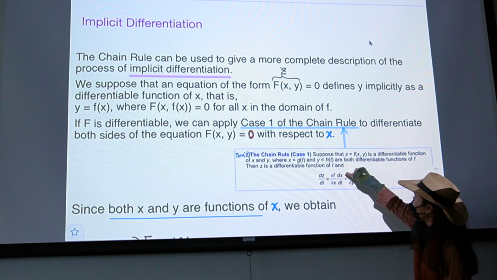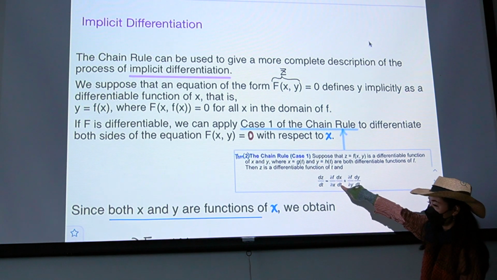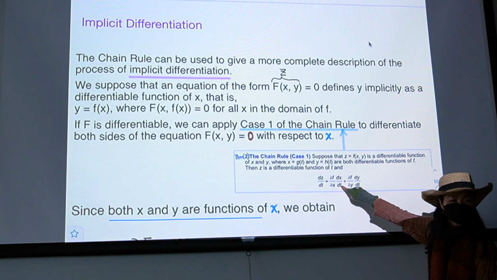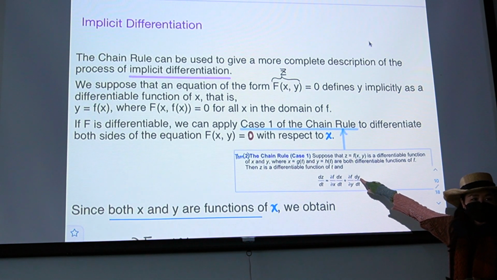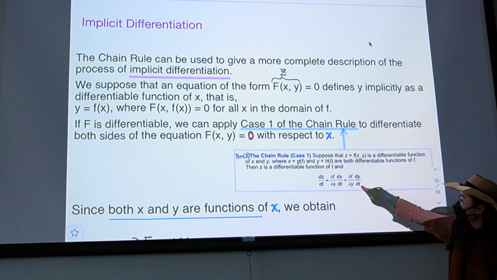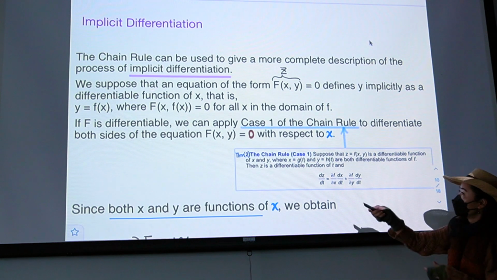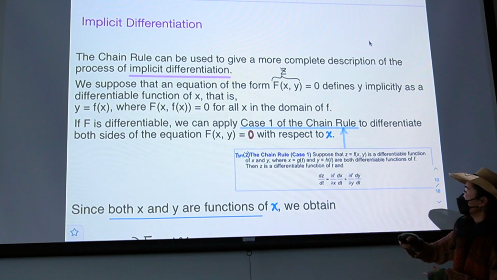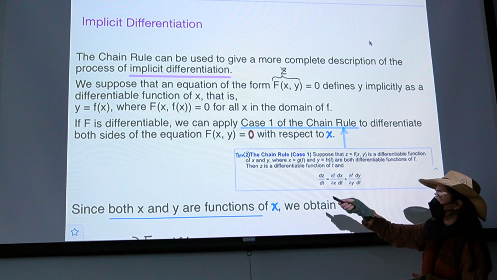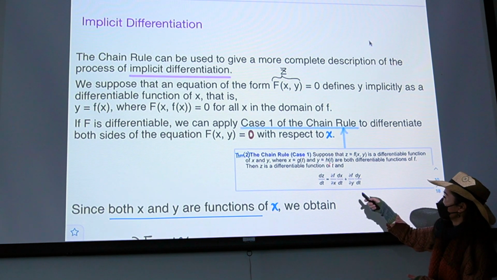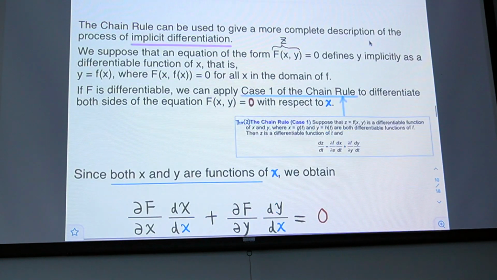So instead of dx dt, what should I put over here? dx dx, yeah. And then instead of dy dt, what should I put here? dy dx, right? Because in this case, x and y are functions of x. So the x over there is actually in place of the t. We replace the t here by x. So we get